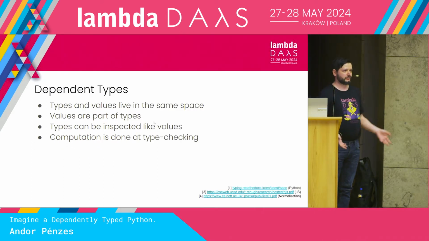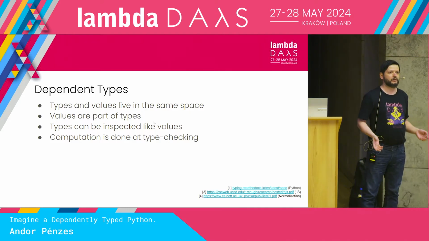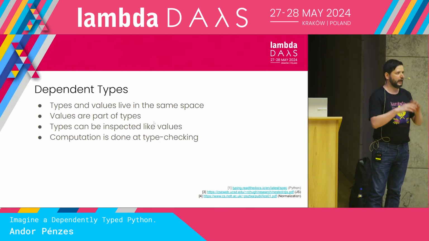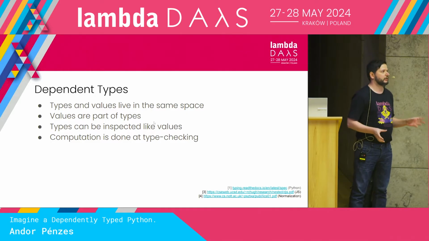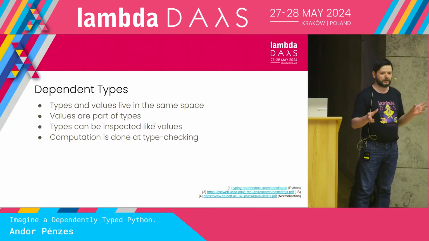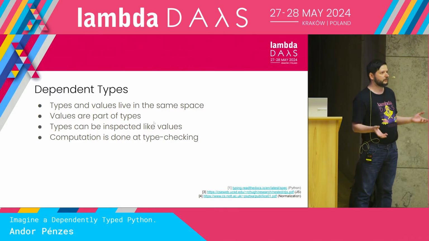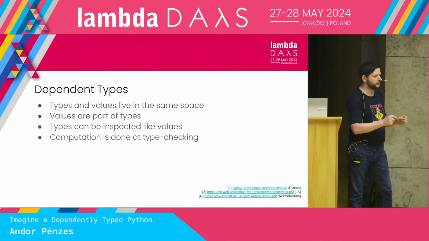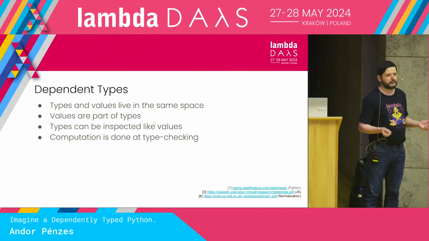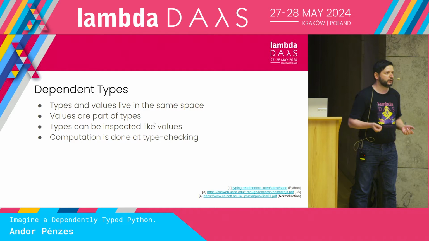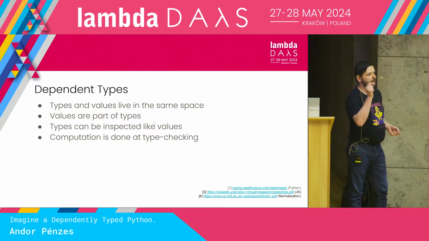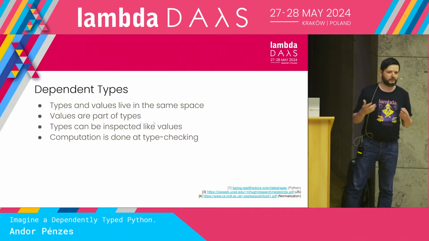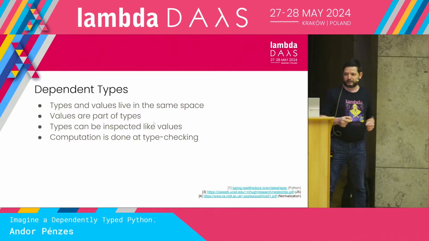But to really talk about Python and dependent types, we have to think about what dependent types are and what the high-level idea of dependent types is. Dependent types originally come from first-order logic, and first-order logic corresponds, by Curry-Howard, to type theory. What you can do in first-order logic is use values in your logical formulas to create statements. The same applies for dependent types. An example of this is vectors of length 3. So I use the 3 as a simple value in my type description. I'm talking about vectors of some certain length. This is one very useful thing about dependent types.